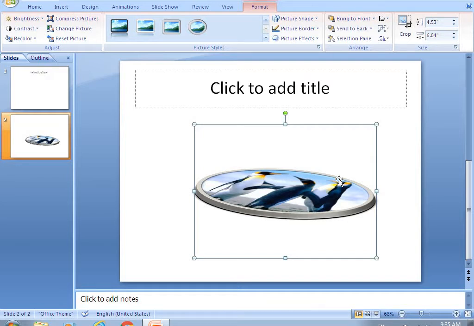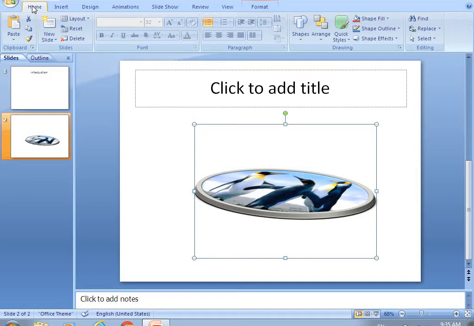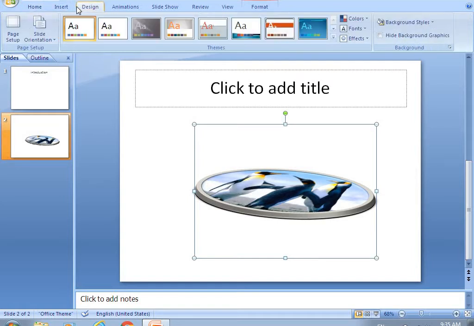Now your next topic is changing the theme. How will you change the theme of a slide? You will go to the Design tab, and on the Design tab you have multiple types of theme.